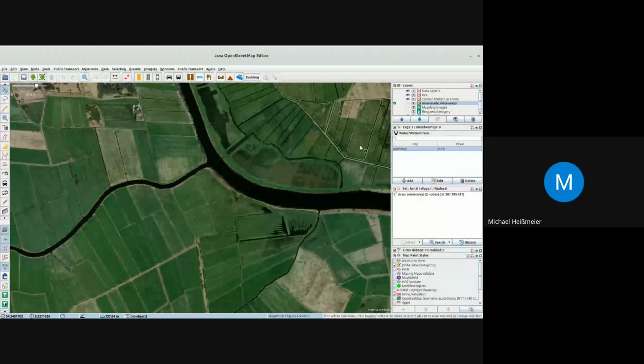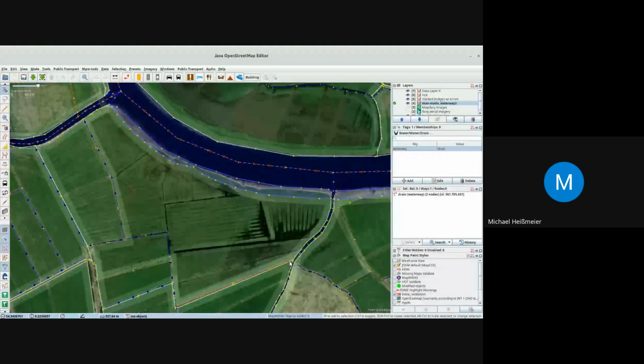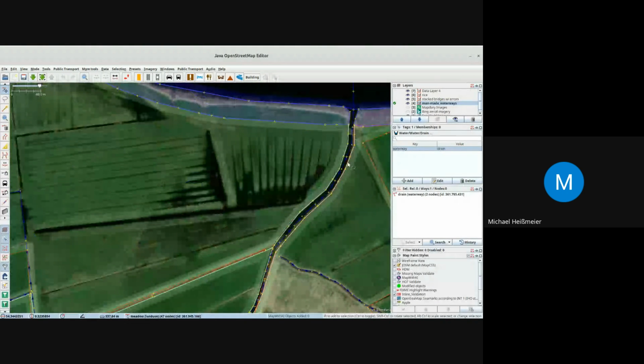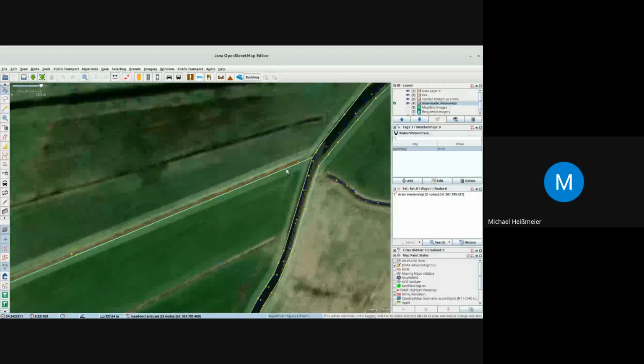So, and then we've got all kinds of drainage here because that is an absolutely flat landscape. It's from the northernmost part of Germany. And so these artificial waterways here, they're all used for drainage. And so this one, which is a bit larger, that's a ditch. And the smaller ones here are mapped as drains.